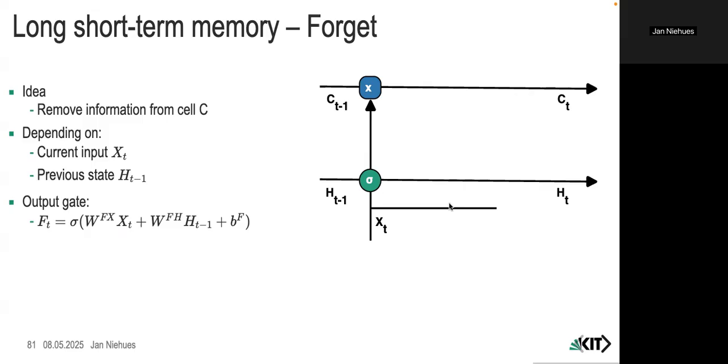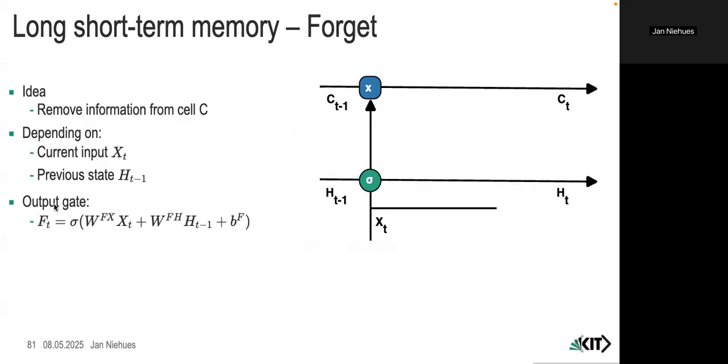The question is, how should I decide whether I remove information from the cell or not? And this is the case here for all gates. This is based on the one hand on our current input xt, as well as on your previous hidden state. So we're never using our cell state except for writing out. The control is all done via our hidden state. So we have our hidden state and our xt, and based on that, we are doing the